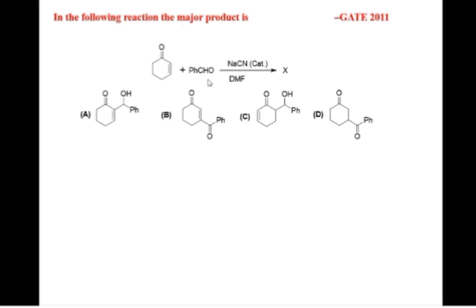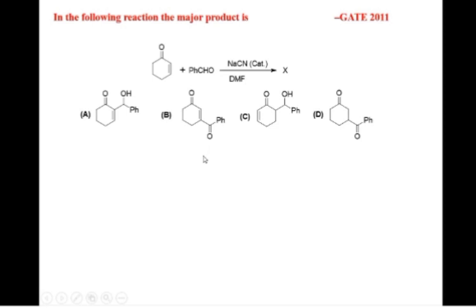Okay, now what kind of product over here? See, in the first step, this sodium cyanide will react with benzaldehyde. You will get a tetrahedral intermediate, PhCH(O-)CN. That O minus will take the proton, and the umpolung from electrophilic carbon to nucleophilic carbon takes place. Means you will have PhC(OH)CN carbanion. And that carbanion is a soft nucleophile that will attack at the beta position, formation of a carbanion at the alpha position, and that will take the proton from the alcoholic OH group, and formation of the respective ketone takes place over here.